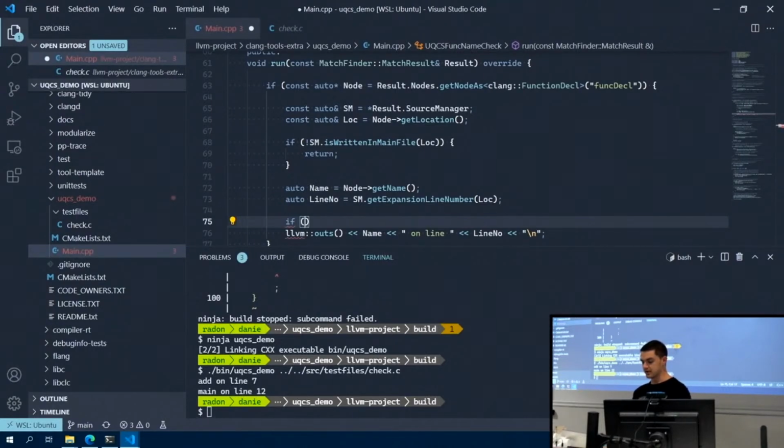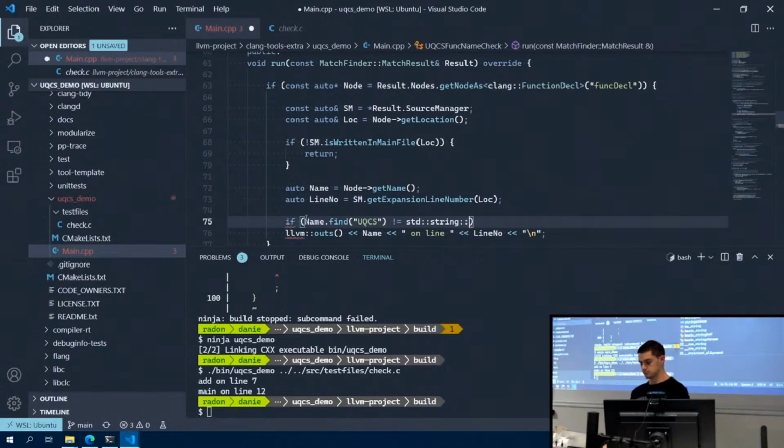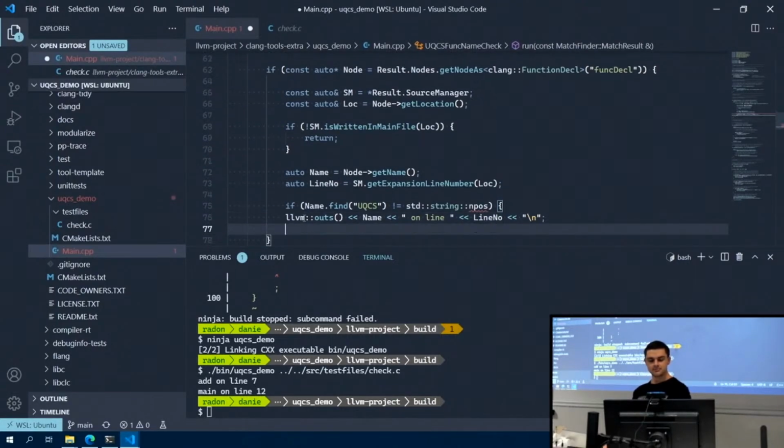If name dot find UQCS is equal to string npos, so if it can't find the substring UQCS, then we must do something. So then we will echo